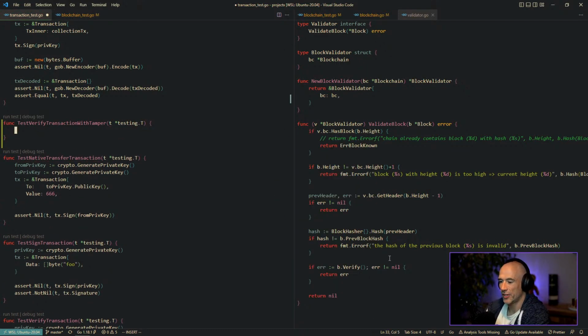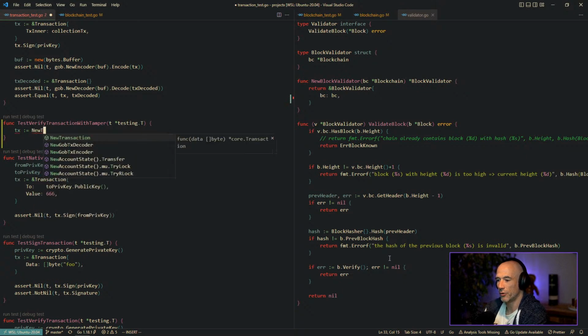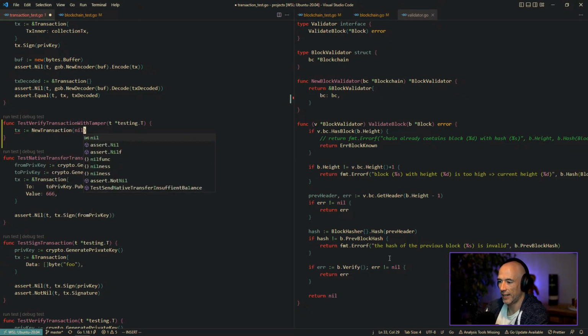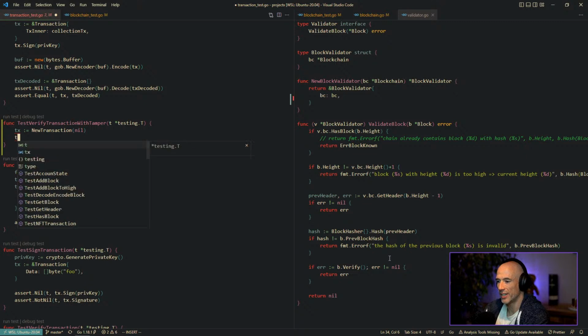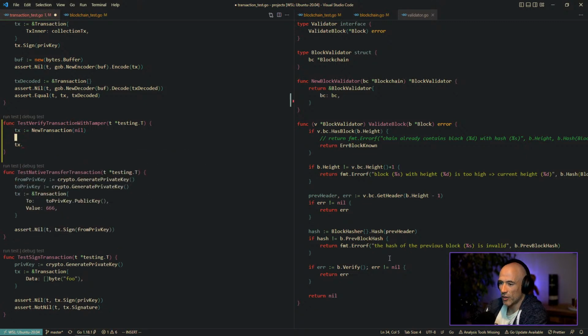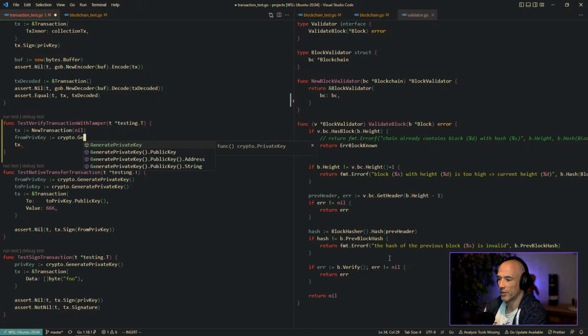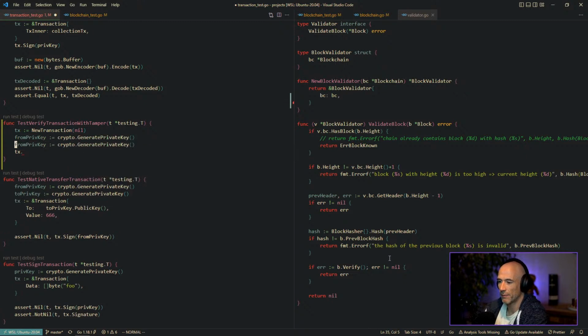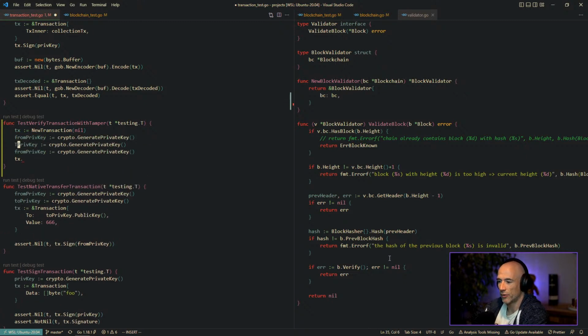Testing T, and we're going to say TX is going to be a new transaction. We're going to say null for the data because we don't have a smart contract. Let's generate some things. From priv key is going to be crypto.Generate priv key, and we're going to copy this 3 times. We're going to say 2, and then we're going to say